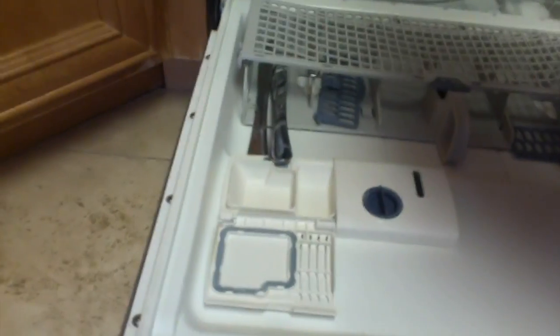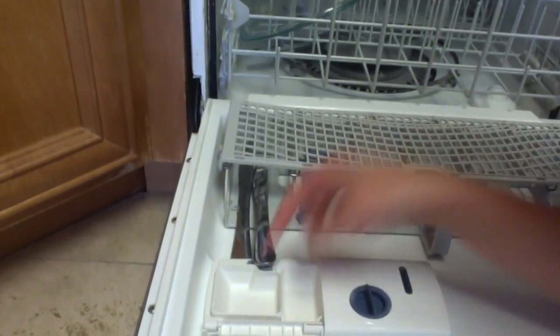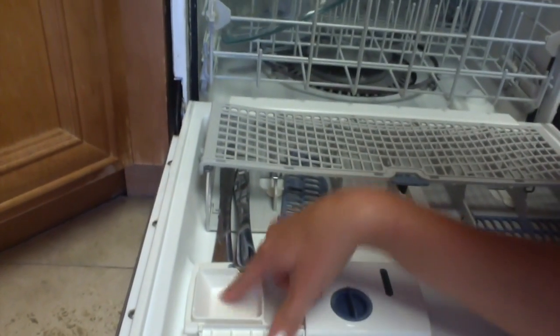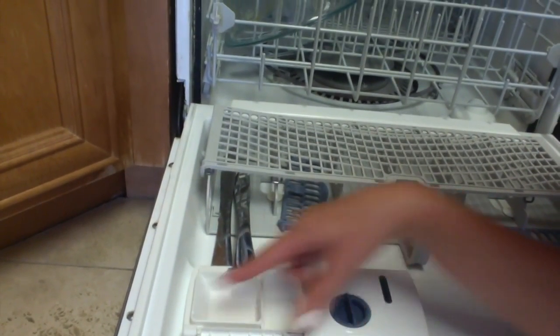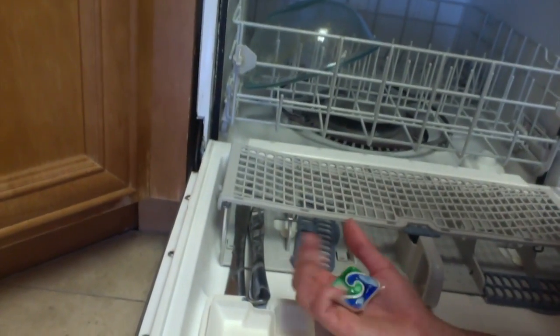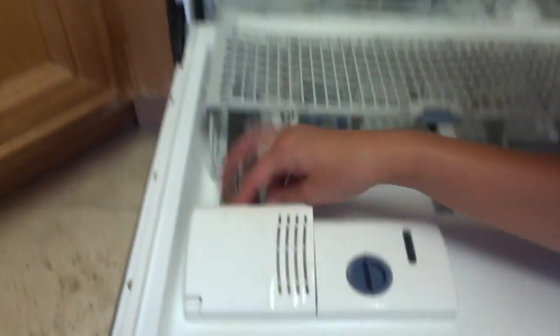This is what they look like, and all you have to do is, in your dishwasher, you have this little pocket that says main wash. If you can't see it, I think it's a great idea to color this in with Sharpie, or some other kind of marker, or highlight it, anything that will make it easier for you to see that it says main wash. So you're just going to put it in there, close it,